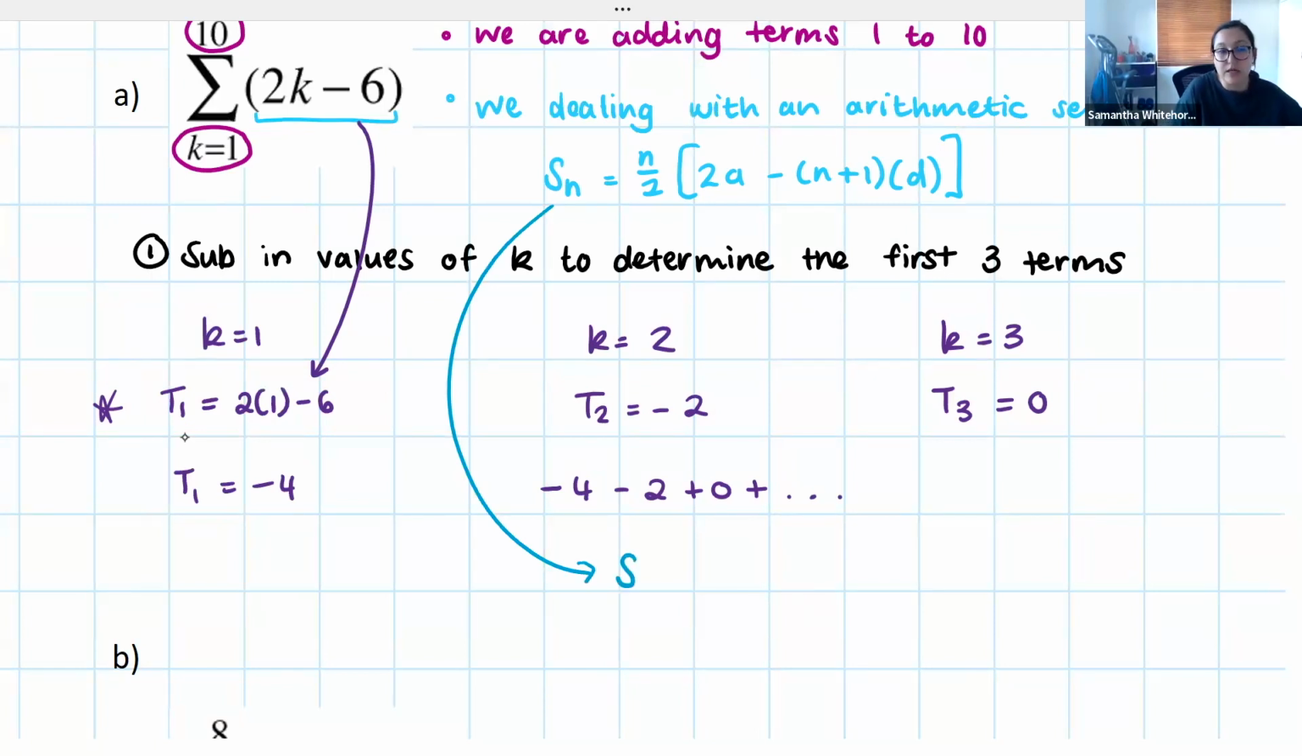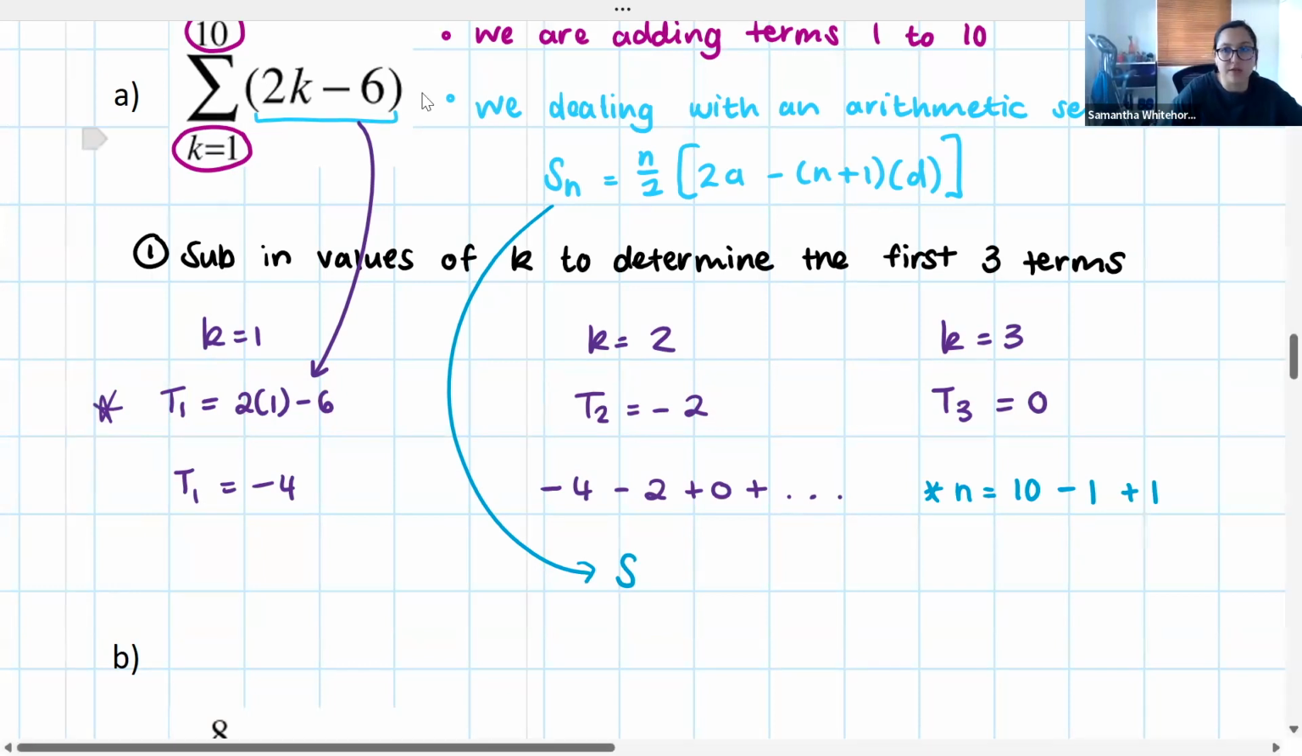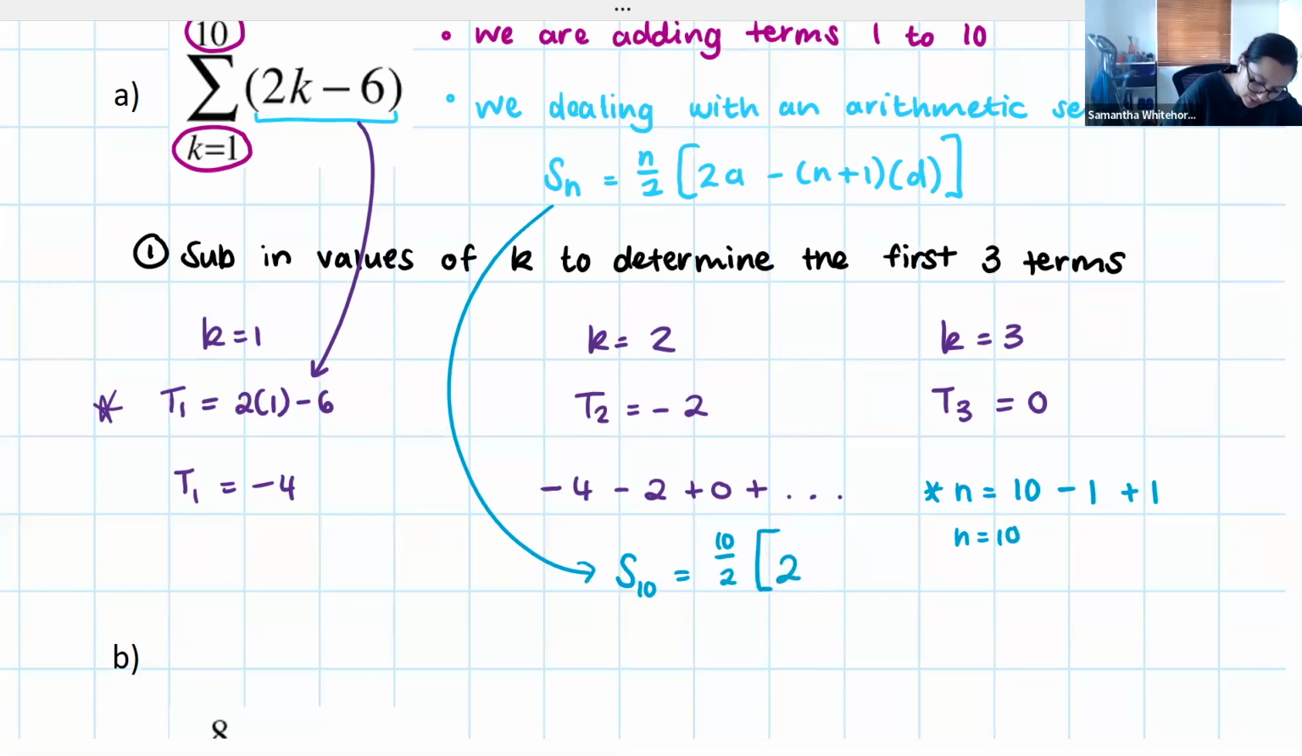Now, before we do that, we need to actually know how many terms we're adding. This is quite easy. You're adding term 1, term 2, term 3, term 4. It's 10 terms. But if you want to double check, remember n is equal to your top number minus your bottom number plus 1. That plus 1 and minus 1 are additive inverses of each other, so they just give us 0. And so what we now know is that we're adding 10 terms. So the sum of 10 terms is equal to 10 over 2, open bracket 2 times a. Now this is why we needed to sub in our values of k, because we needed to know what a is. It's